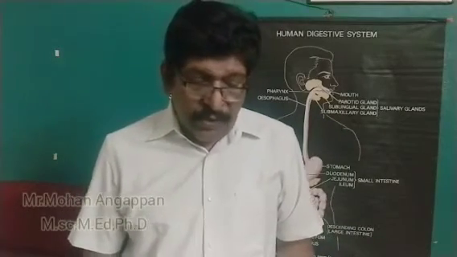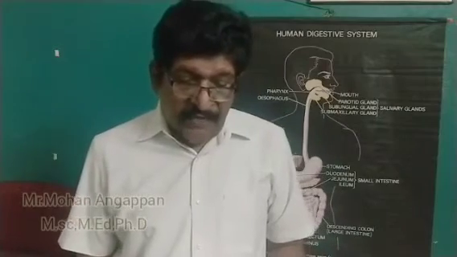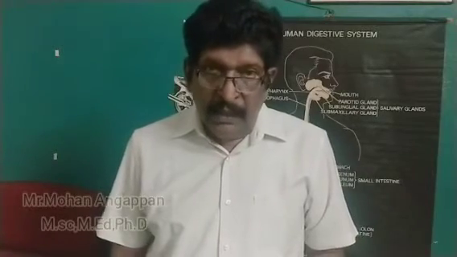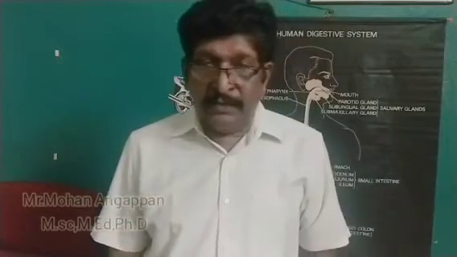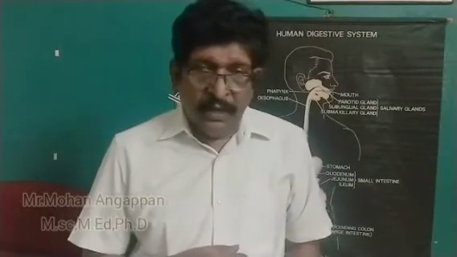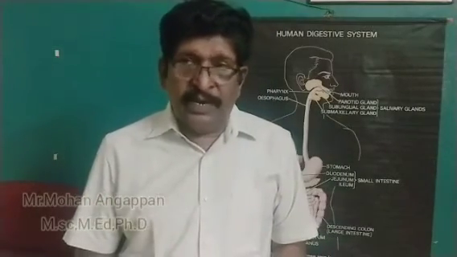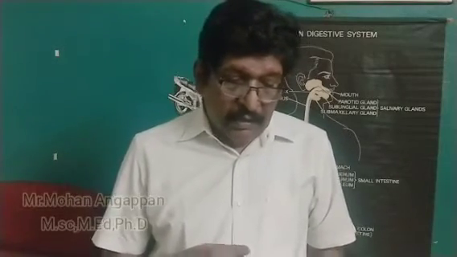Now next we come to the pancreas. It's an elongated leaf-like structure present between the limbs of the C-shaped duodenum. The pancreas is both exocrine and endocrine. So it's also very important. It's another area where you often get a question. Which is a gland both exocrine and endocrine? The pancreas. How? It secretes pancreatic juice